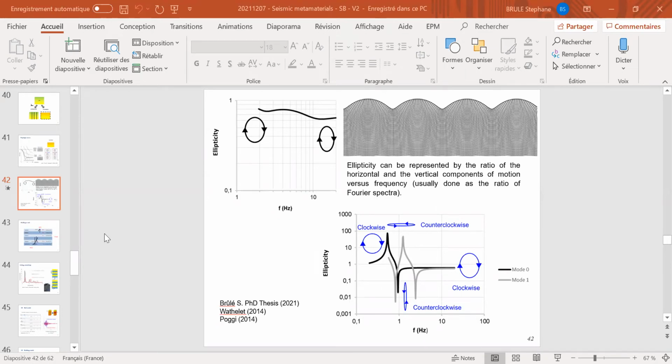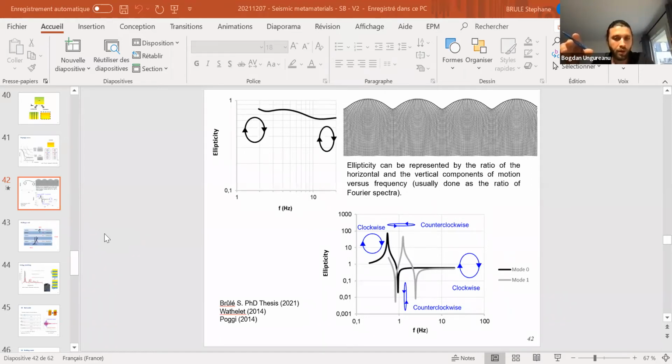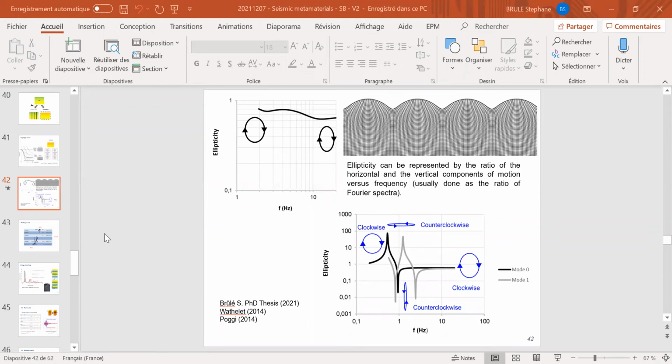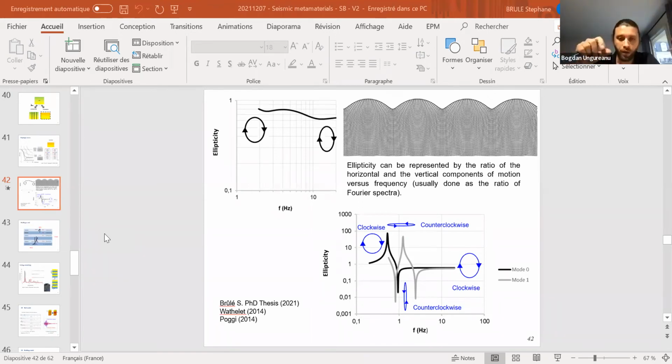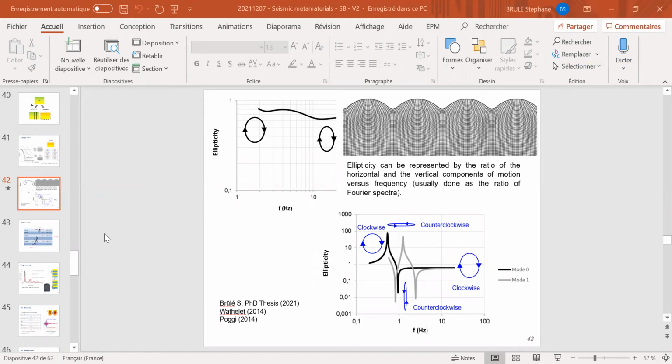So if I'm not wrong, with these two layers, you're able to change the polarization of the Rayleigh waves, from the vertical ellipticity to the horizontal, or you are more interested in changing it the other way, from the horizontal ellipticity to a vertical one. Yes, yes, yes. That's what we are always doing when we do surface geophysics.